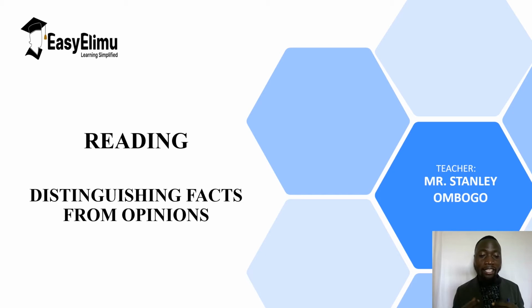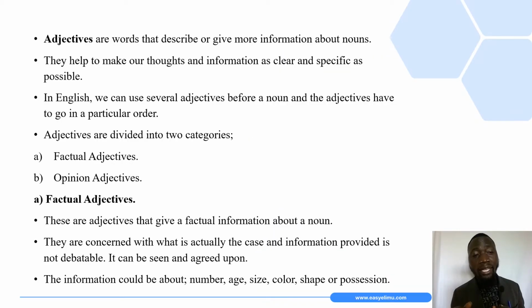In this episode, I'd like us to look at something under reading, and that is distinguishing facts from opinion. Talking about this learning area, we are going to look at two categories of adjectives, factual adjectives and opinion adjectives. But dear students, before we get to that, just as a reminder, adjectives